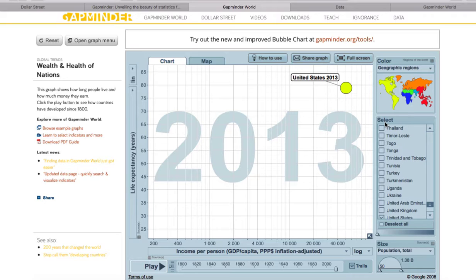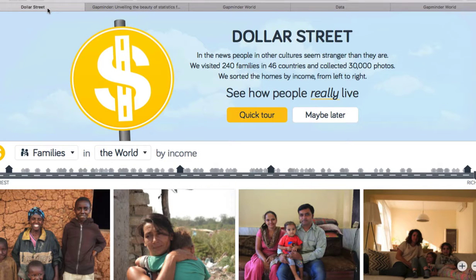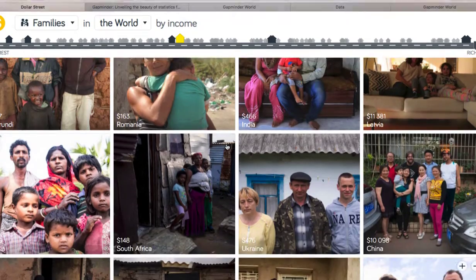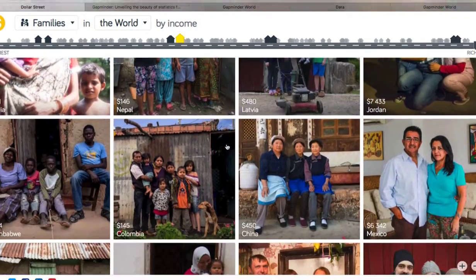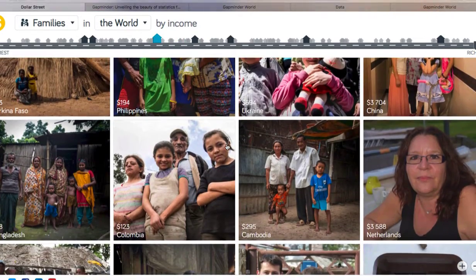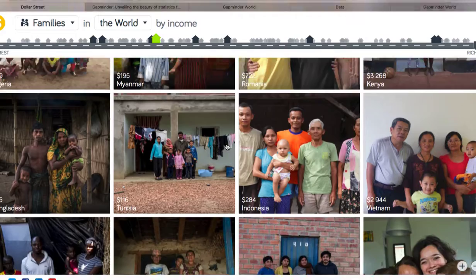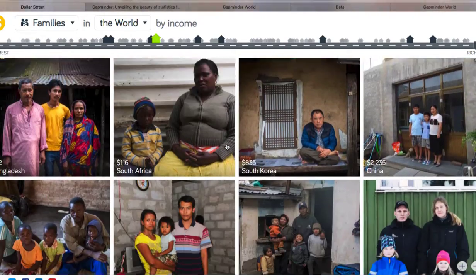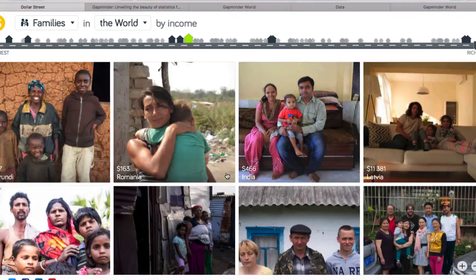So once you've collected the data for your countries, created your visualization links, put them in your document, you can come over to Dollar Street. Now Dollar Street will look like this. Now you can take a quick tour, but when you're done, X out of it. And what they've done is they've taken pictures from families all around the world, and they've taken pictures of the same elements: home, washroom, bedrooms, favorite things, teeth, hands, washing, utensils, and all sorts of things like that.